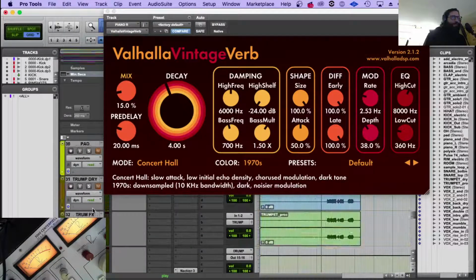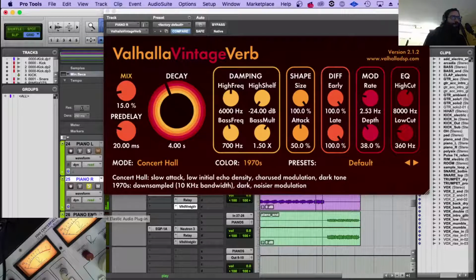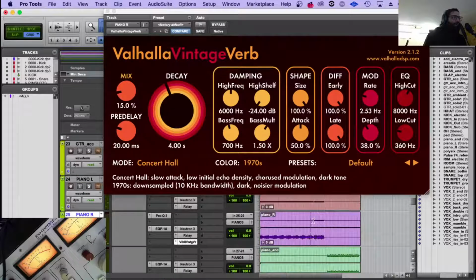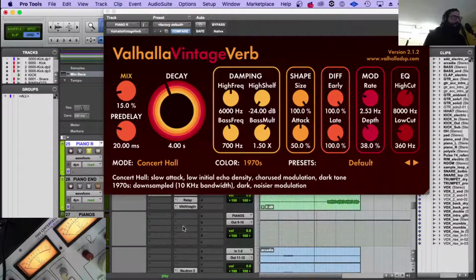Put this like that so I can solo. Yeah, let me just grab the pianos here. Yeah, I wanted to put a tape machine at the end of my processing of the pianos, so